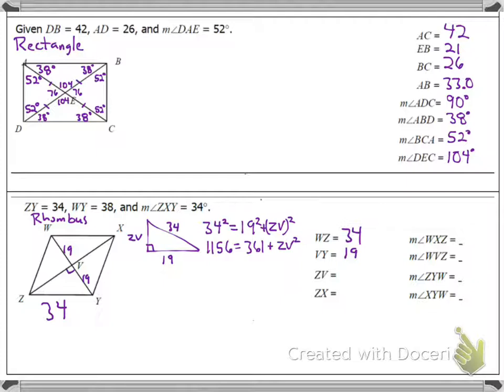If we subtract, we get 795 equals ZV squared, and the square root of 795